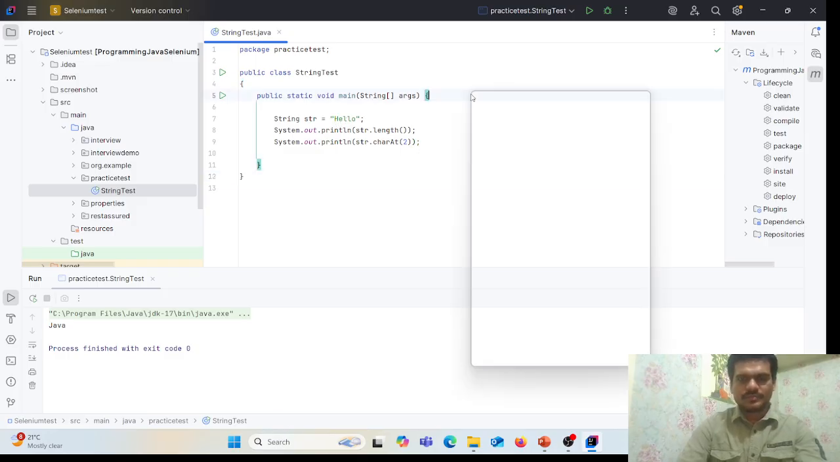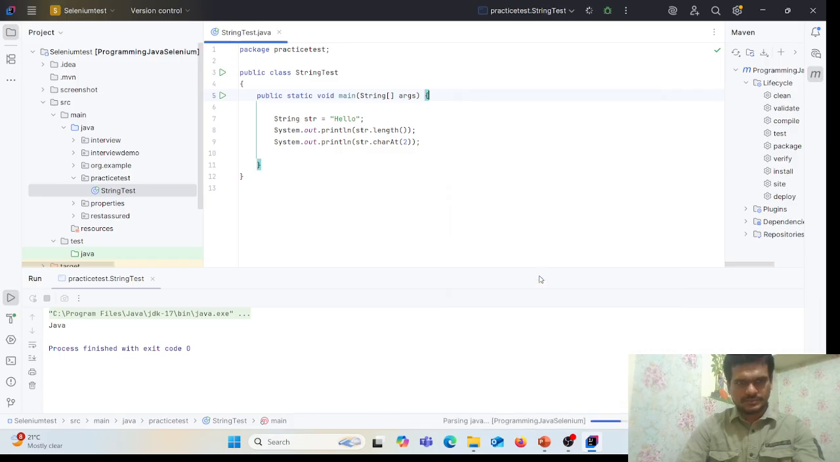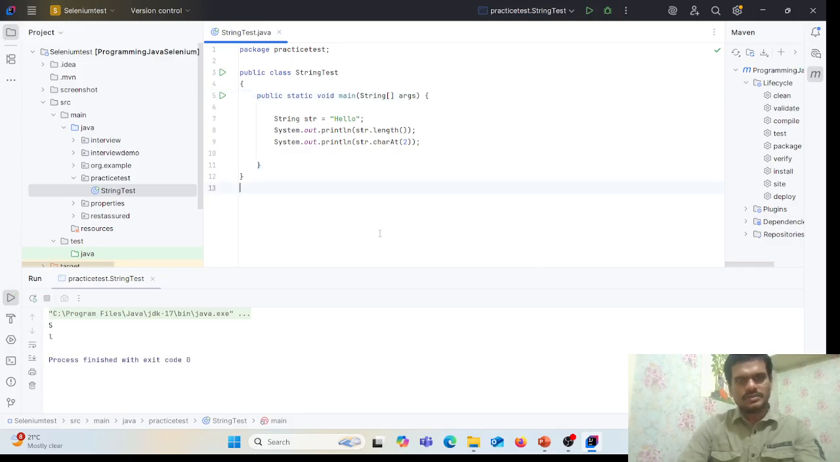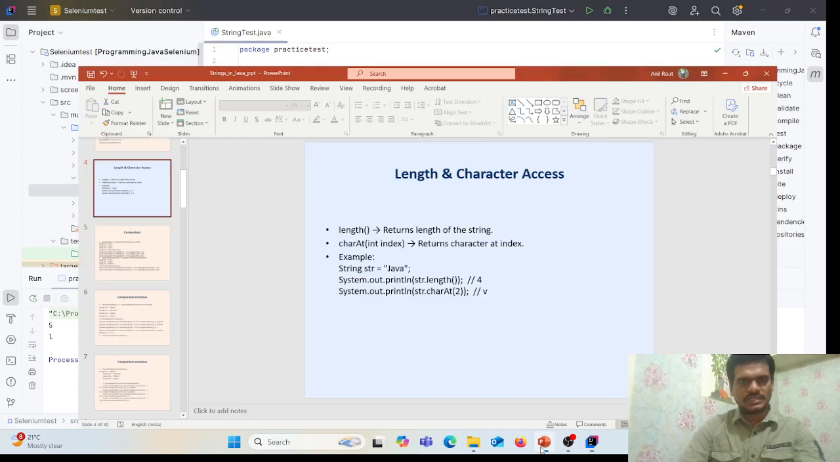Okay, so let's run this. Perfect. So first it will return 5, string length, and second it will return L, the position of second index position character. Okay, perfect. So next,